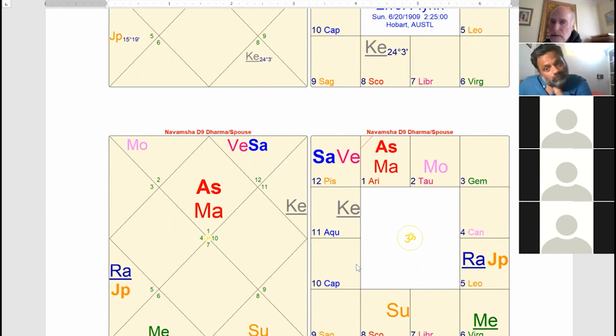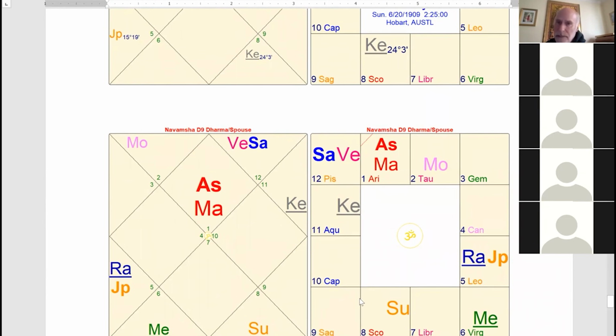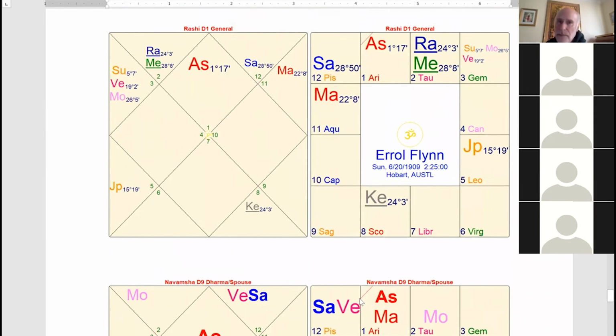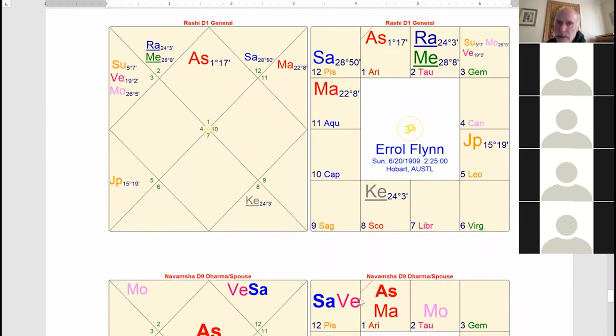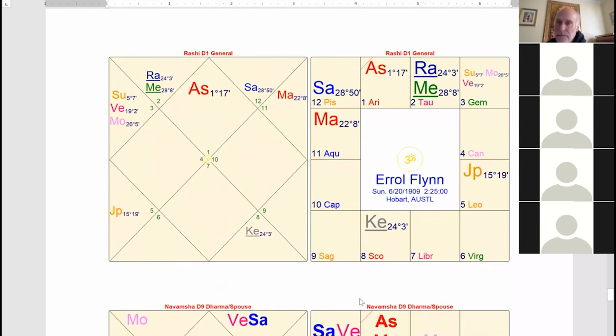Saturn, Vargotama, Venus exalted, Mars in its own sign, Moon exalted. So see that both of his Pushkar Navamsha planets in the birth chart get their exaltation sign in Navamsha. Jupiter, Vargotama, Mercury exalted. Only the Sun, Rahu, and Ketu do not have an exceptional condition in his Navamsha. The result is that any yogas that these planets are involved in the birth chart will give the results extremely powerfully. Mercury was the major period that brought him his greatest stardom, his greatest fame as an actor.